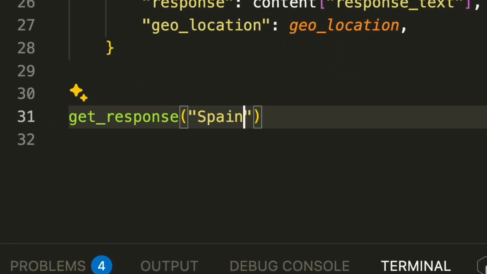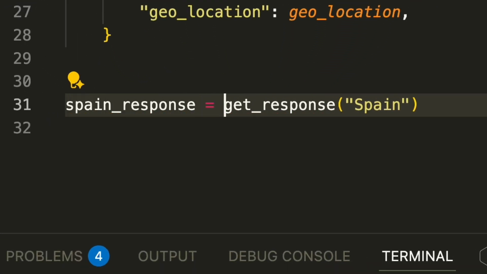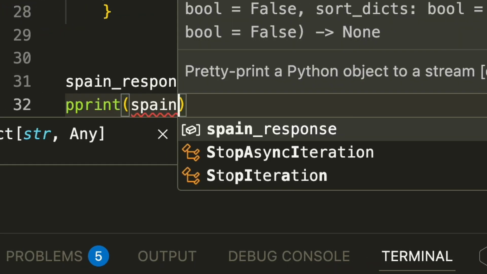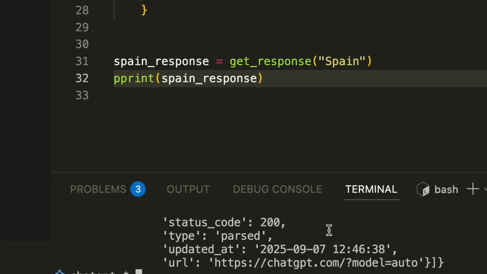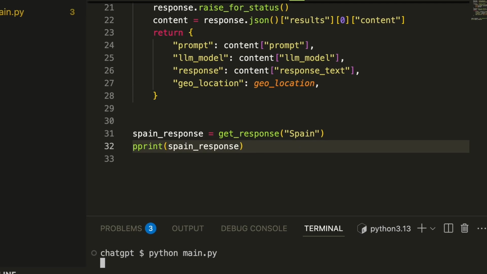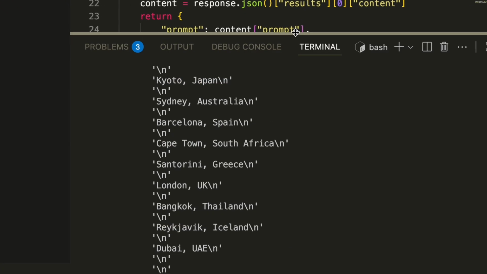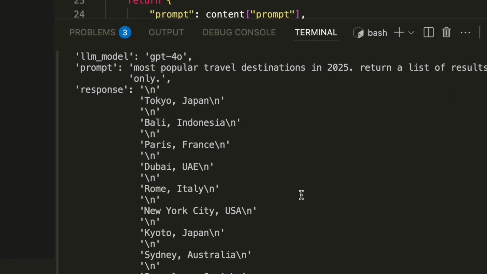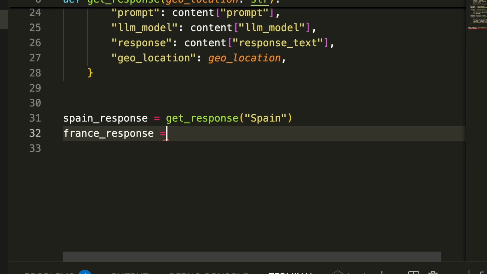Now that we've seen what data we can get from the Web Scraper API, let's try adding another API request, but this time with Spain as the geolocation. After receiving the response, we can assign it to a separate variable. If we print it out, we can now see the extracted information from the response, with only the fields we defined. It's visible to the naked eye that the responses are different, but let's store both variables in a single